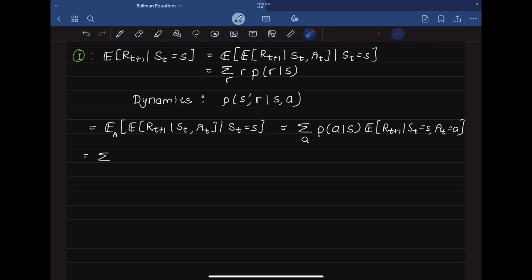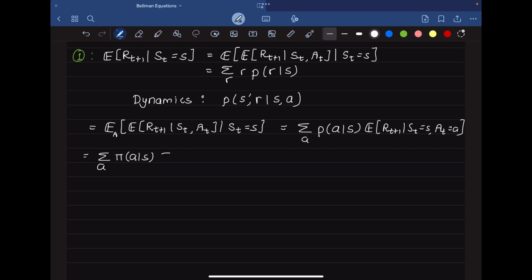Basically, this probability of choosing the action A given that you are in some state S is your policy, right? Your policy will always tell you what action to take and with what probability if you are already present in a particular state. So we will replace that with pi. And then this expectation of Rt+1, if we try to expand this just by the definition of expectation,